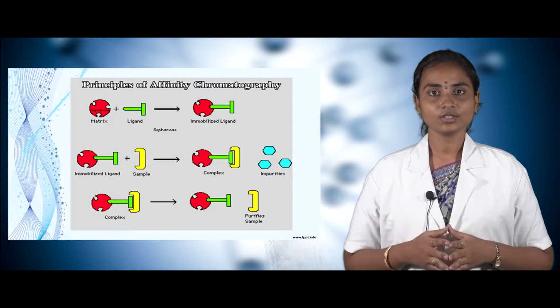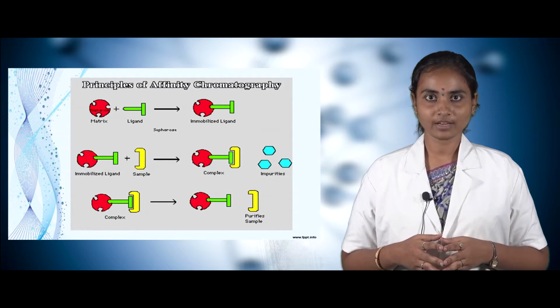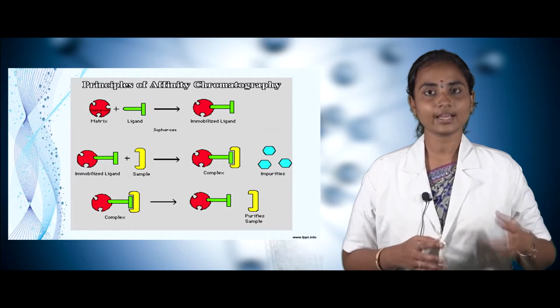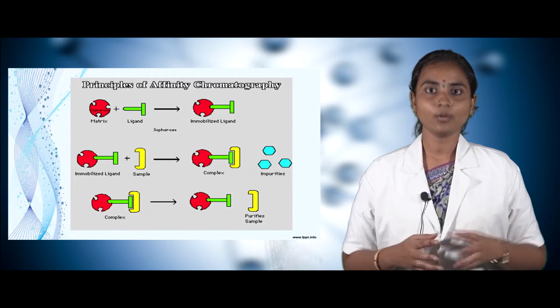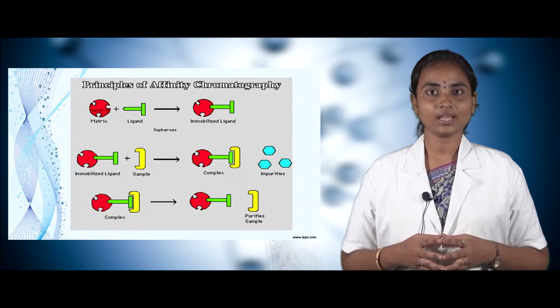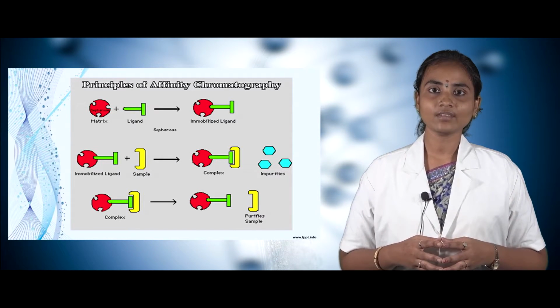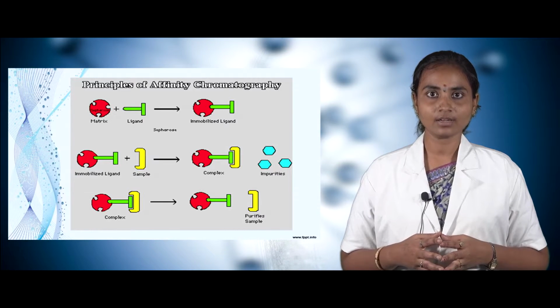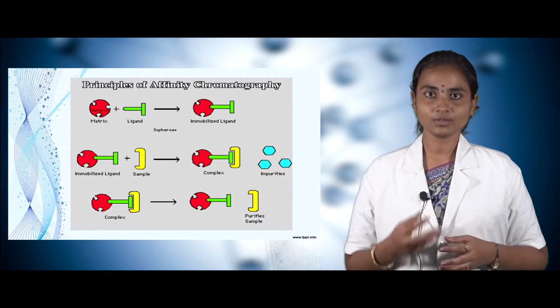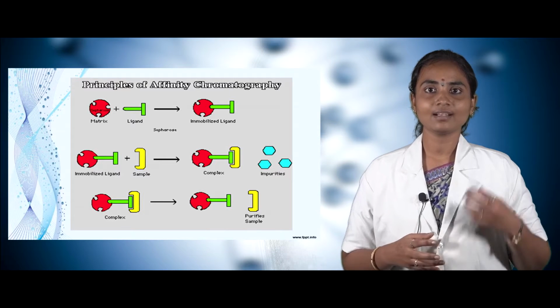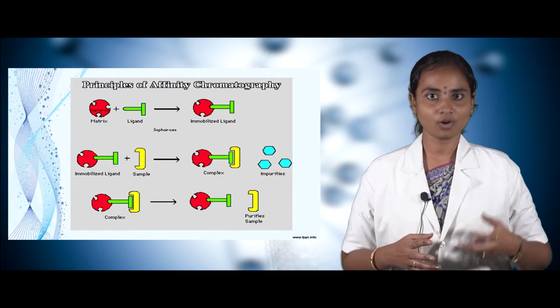Coming to the working principle of affinity chromatography, it can be represented through a diagram. In this diagram, we have a red porous matrix structure that is mainly made up of Sepharose, which has high specificity towards the ligand. The ligand and the Sepharose matrix form an immobilized ligand complex. Whenever we pour this immobilized ligand into the elution buffer, it interacts with the surface of the column.